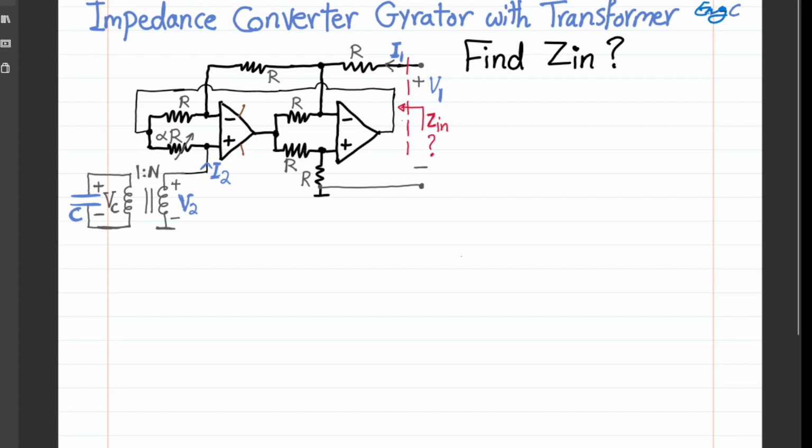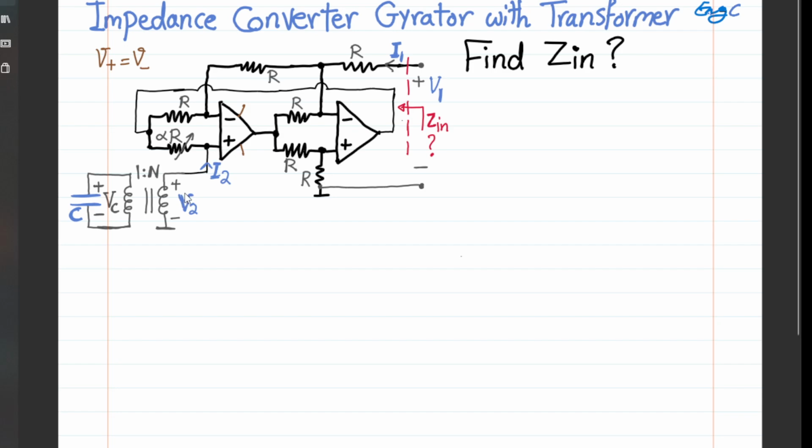An impedance converter gyrator circuit with two op-amps and a transformer is shown. We want to see what the input impedance Z observed from port 1 is. Assume that the op-amps are properly biased so that they are in the linear region of operation, they are not saturated. Therefore, virtual short is valid, meaning that the positive input terminal and negative input terminal for each op-amp have